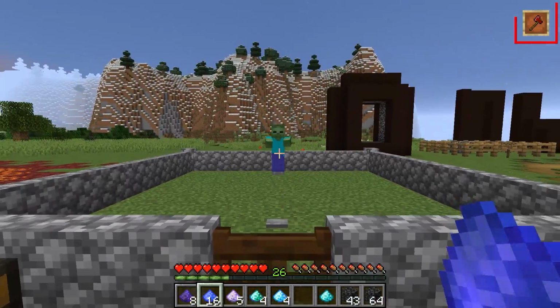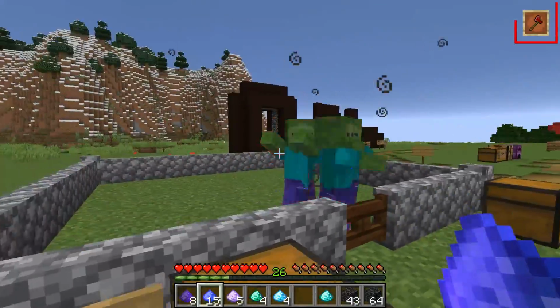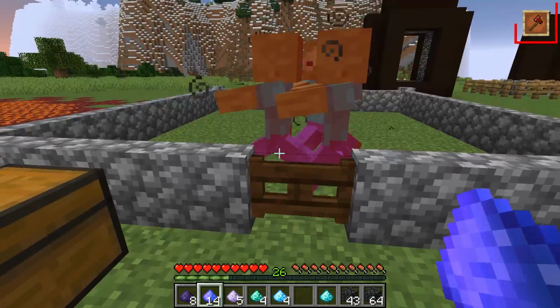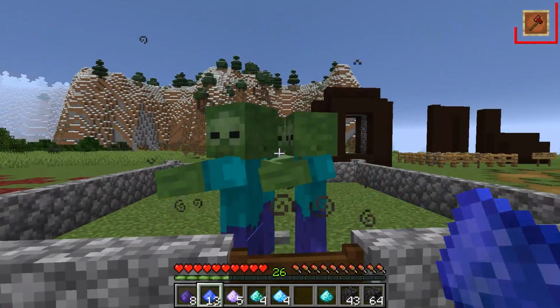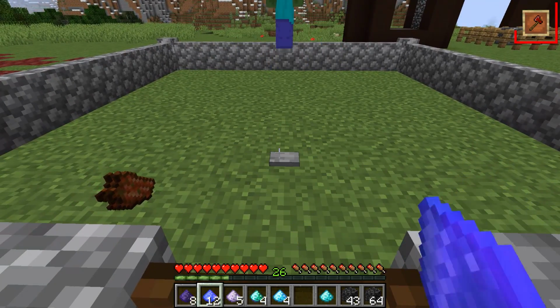Lapis dust will let you shoot out a fire bolt of energy, or at least a lapis bolt of energy, which will deal damage to nearby mobs, which is a little overpowered, to be honest, given that the lapis dust is the most common dust. But hey, everyone likes overpowered stuff. I wonder how overpowered, can we...